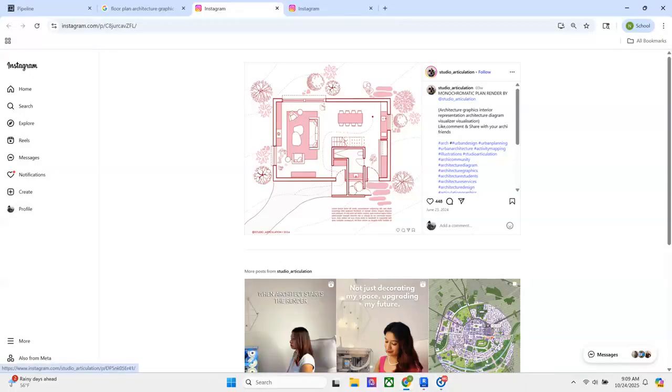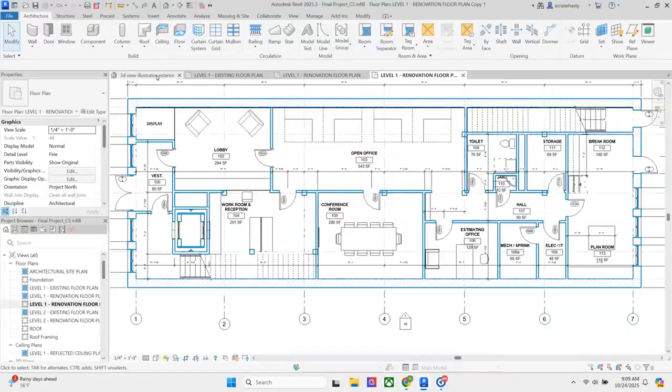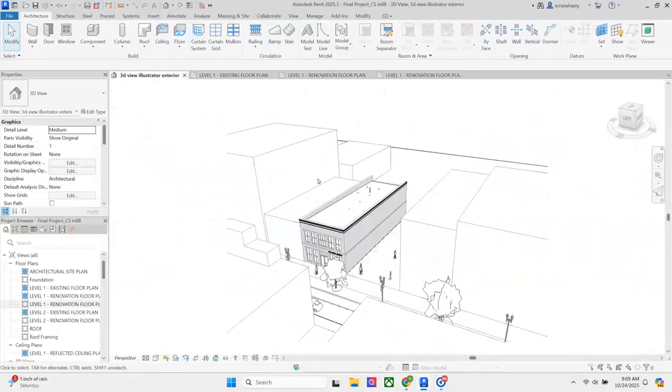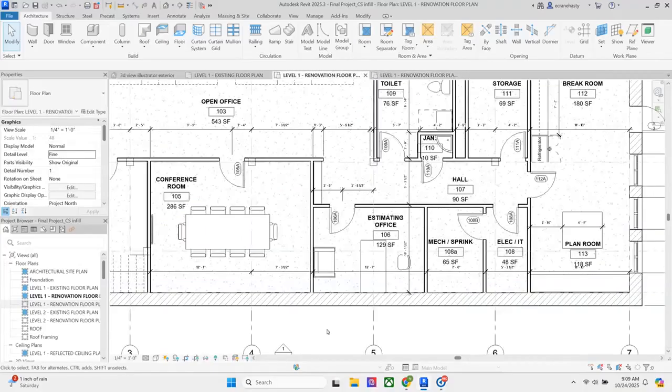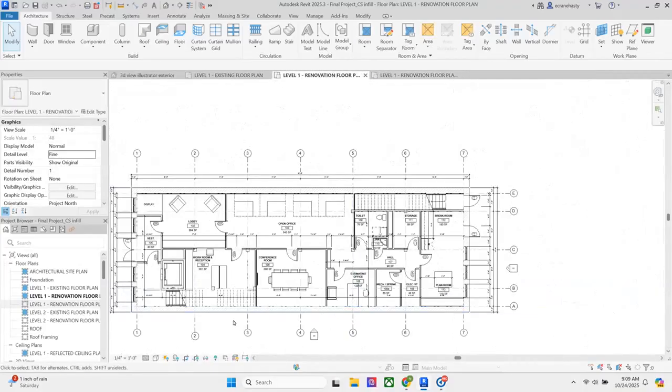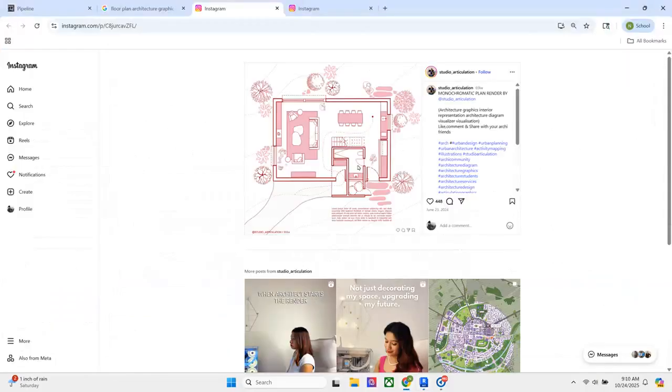Renderings from Revit and perspectives, from here to get this to Illustrator. So let's talk about how we can get this floor plan in Revit looking more like some of our example